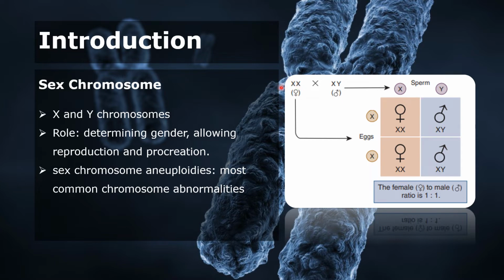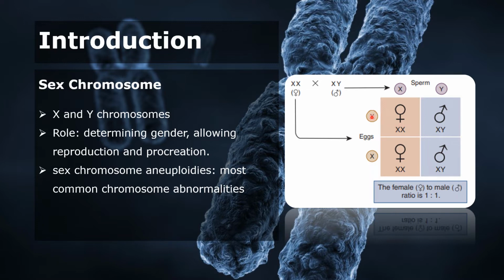This is a female. They have two X chromosomes. This is a male having an X chromosome along with a Y chromosome. Okay, the difference in the chromosomal constitution of the males and the females is a chromosomal mechanism for determining sex at the time of fertilization. Okay, so as you can see here,